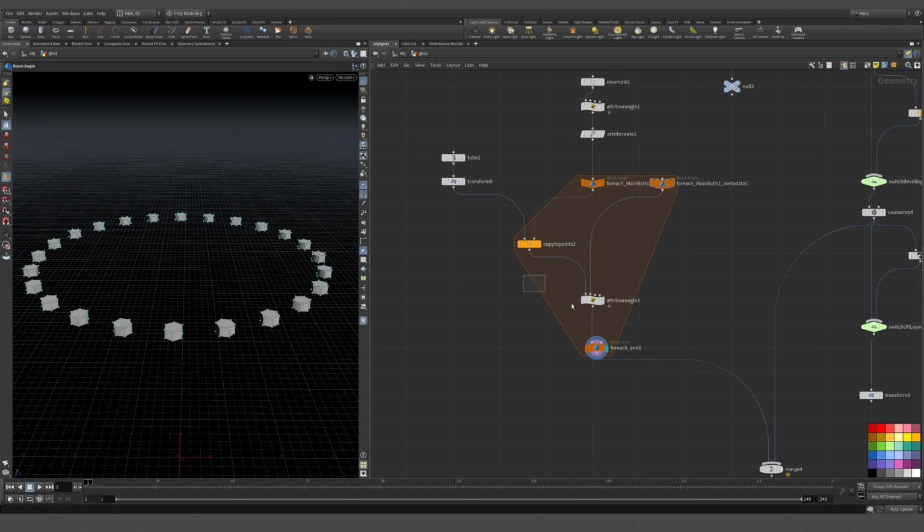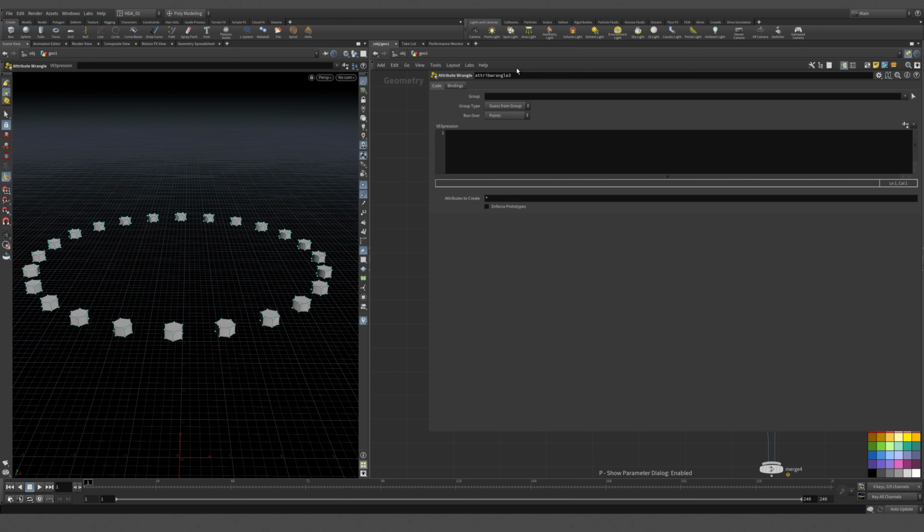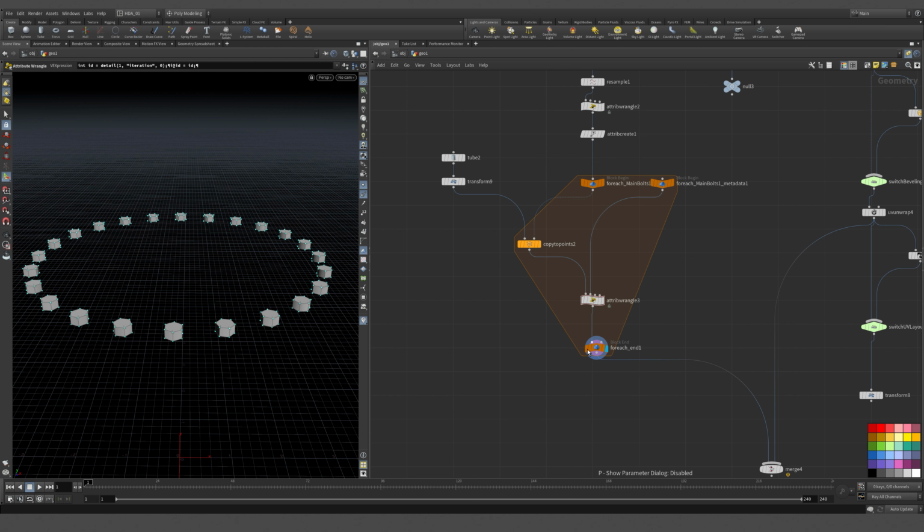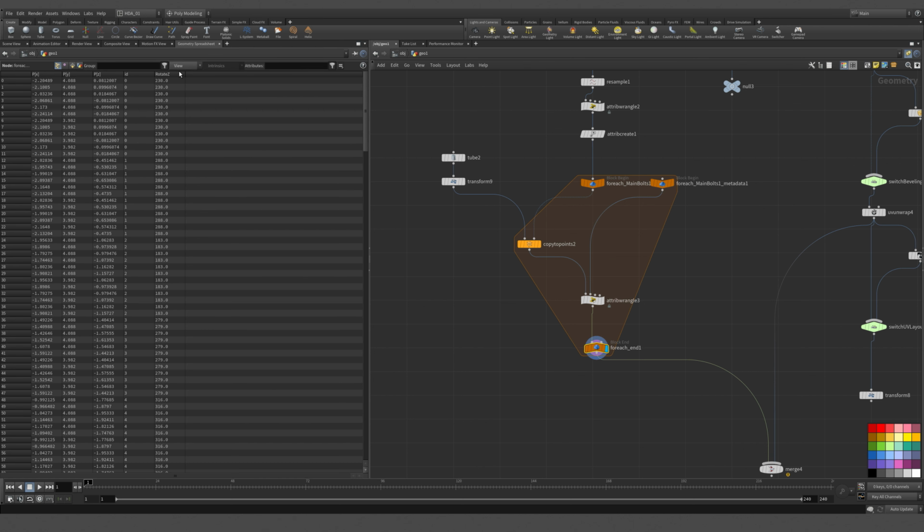And I already have some VEX code. It's very simple, and in here I've got it saved as a preset. And it's just real simple. It's basically just saying create an integer and create an attribute called ID that is equal to that concept of iteration. And if we look here, what we're going to get here in the geometry spreadsheet is